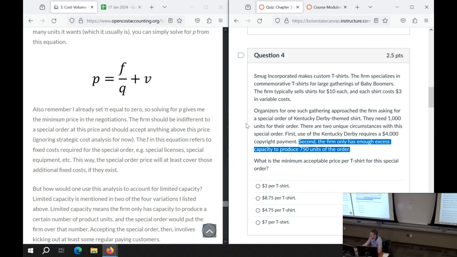And so, one of the fixed costs of accepting this order is the loss of contribution margin from those regular paying customers. Remember, they give us $7 in contribution per customer, so we're going to lose $7 times those 250 units of sales to accept this order. So we need to incorporate that loss into the floor of the price we negotiate for this special order. Otherwise, we're not getting paid back for the 250 shirt sales that we otherwise would make to regular paying customers.